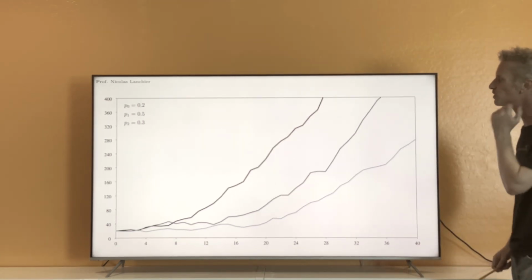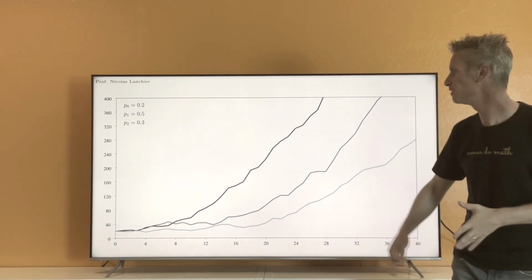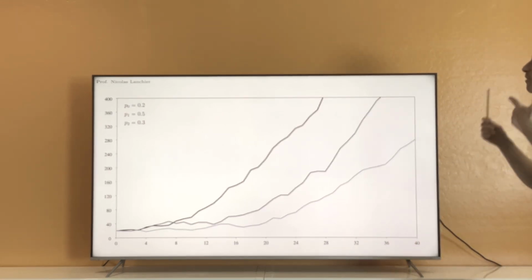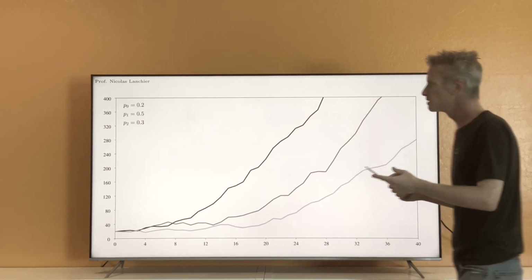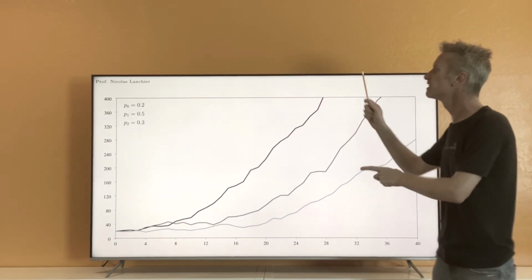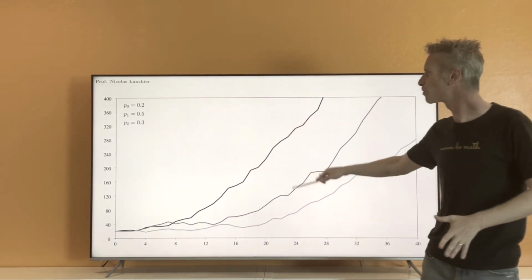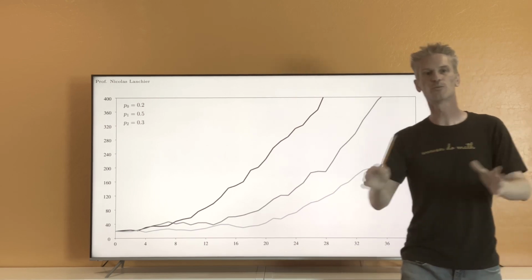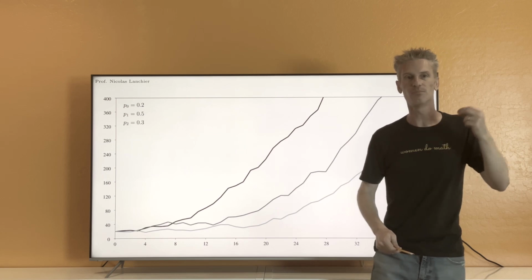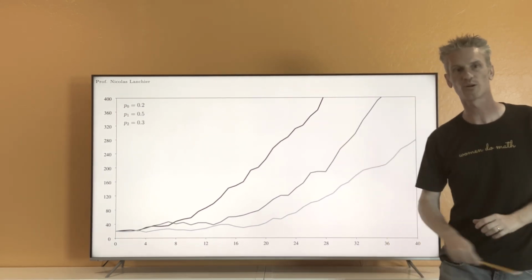Now you see from the picture that it seems that the probability of survival is positive, and in fact we have some kind of exponential growth of the population. At the end of this video, just by looking at these numbers, you will be able to tell that clearly the process is a submartingale, and so the probability of survival should be positive. Looking at those numbers, you will even be able to compute explicitly the probability of survival of this particular process.